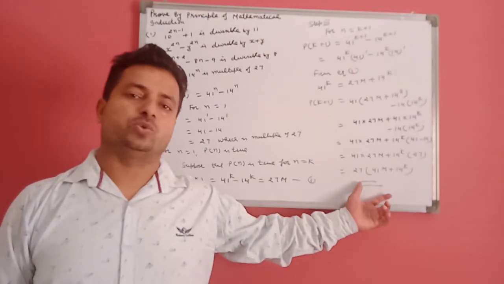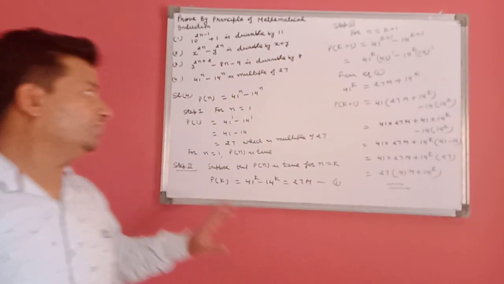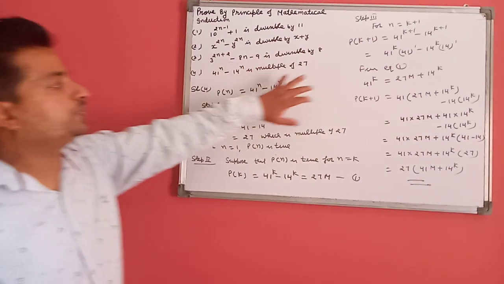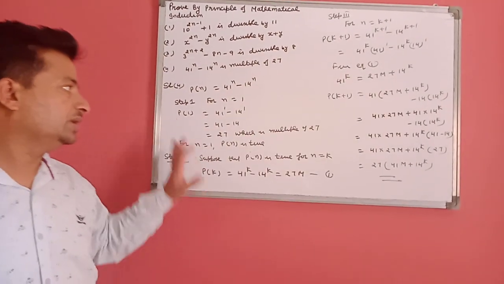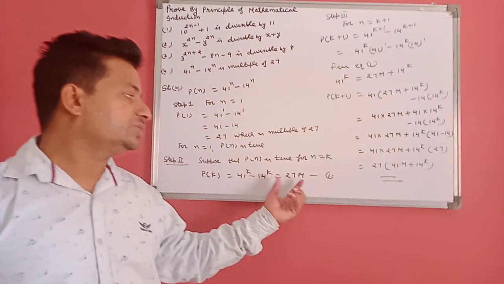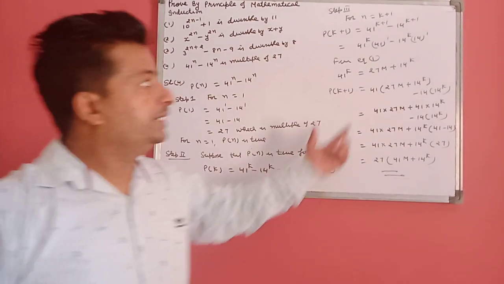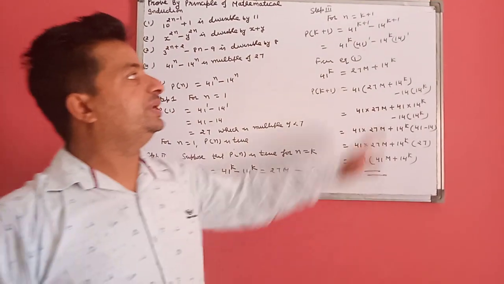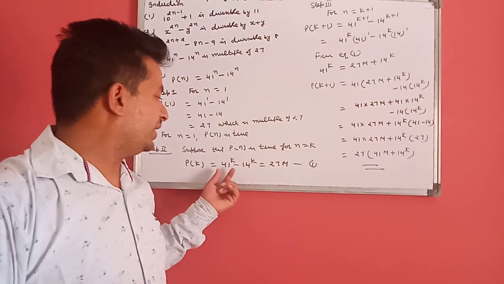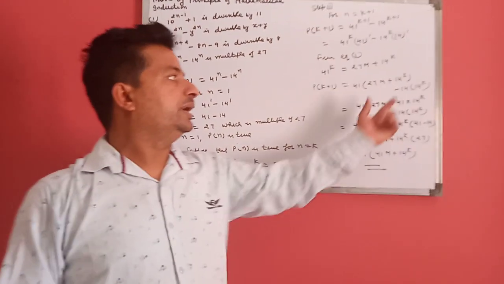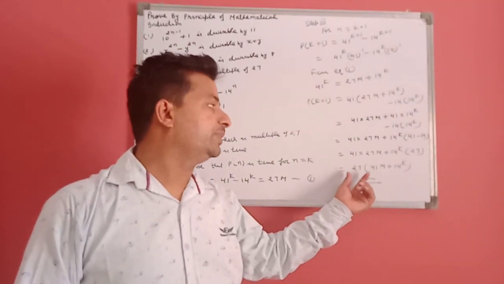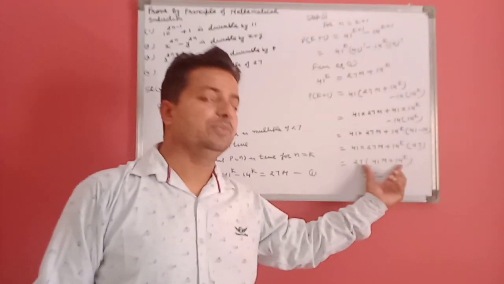This statement is true. In all these questions, the steps are common. The first step is for n = 1, we verify this for 27, a multiple of 27. In the second step, we assume that this is true for n = k, that's 27m, the multiple. In step 3, for n = k + 1, we verify this statement by taking n = k + 1 and taking the value of 41^k from equation 1 and putting it here. In all this, we take 27 as common, which is a multiple of 27.